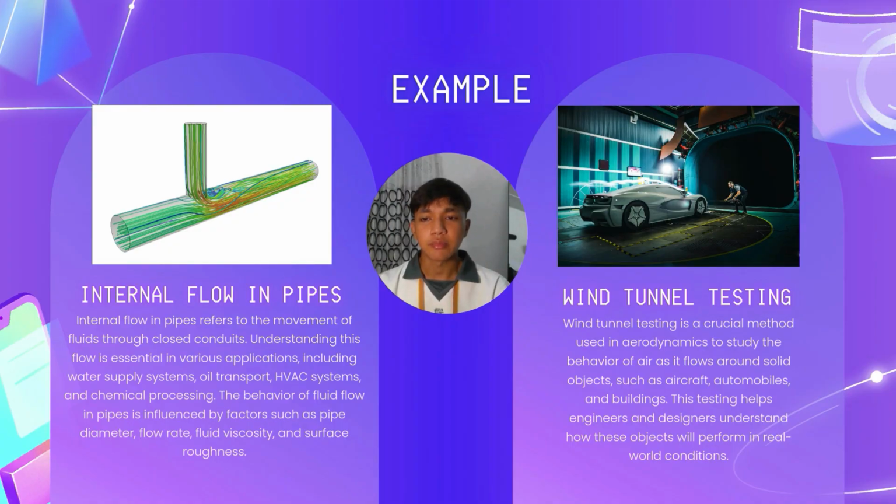So now for the example. The first example is internal flow in pipes. Internal flow in pipes refers to the movement of fluids through closed conduits. Understanding this flow is essential in various applications, including water supply systems, oil transport, HVAC systems, and chemical processing. The behavior of fluid in pipes is influenced by factors such as pipe diameter, flow rate, fluid viscosity, and